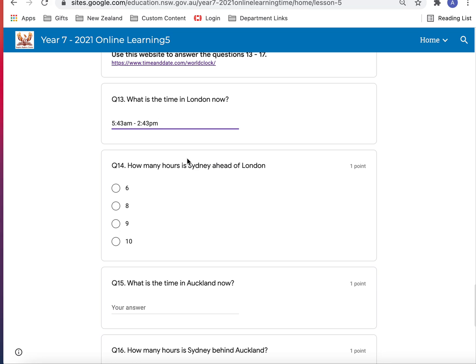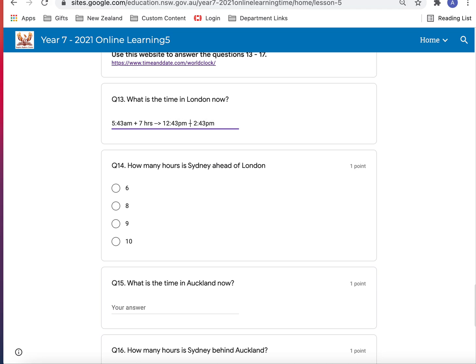5:43 a.m. in the morning. Well, let's take it to 12:43 p.m. How many hours are there between 5 a.m. and 12 p.m.? 12 minus 5 gives us 7. Okay, so there's 7 hours to 12:43 p.m. Now from 12:43 p.m., I'll write what I'm doing actually because I'm on laptop, so I can't write on it. If we add 7 hours to 5:43 a.m., we end up at